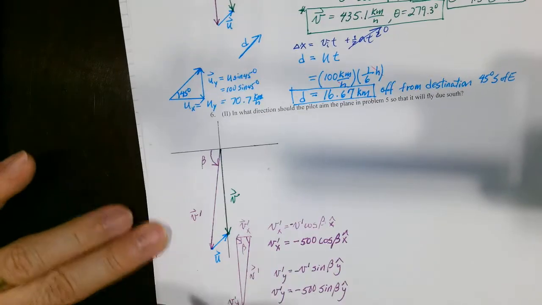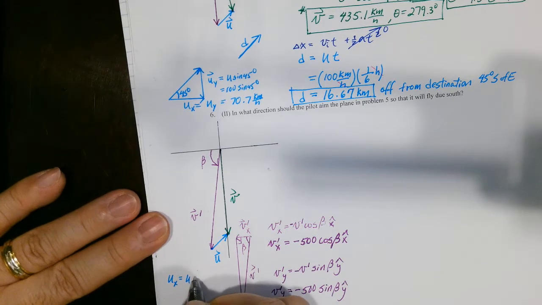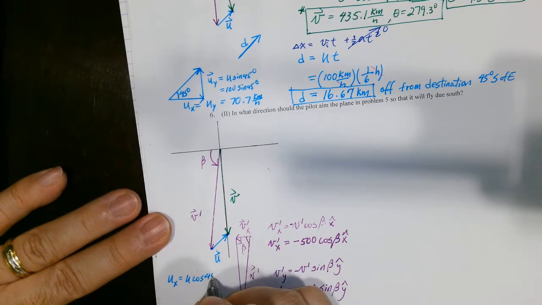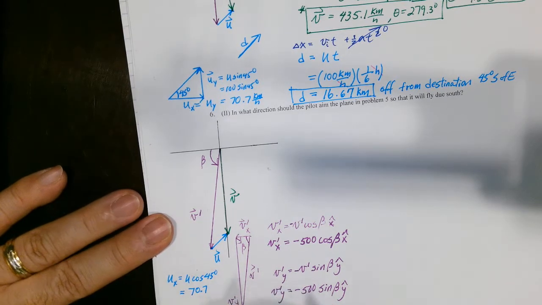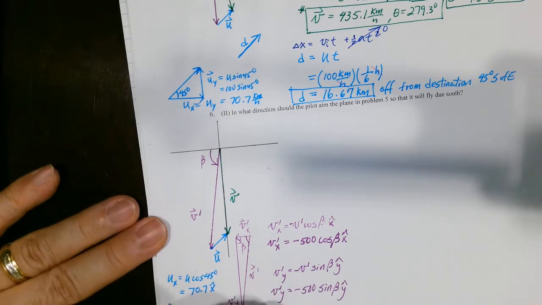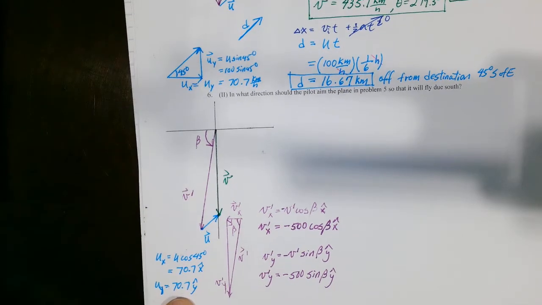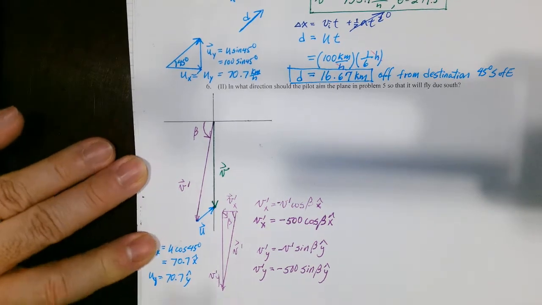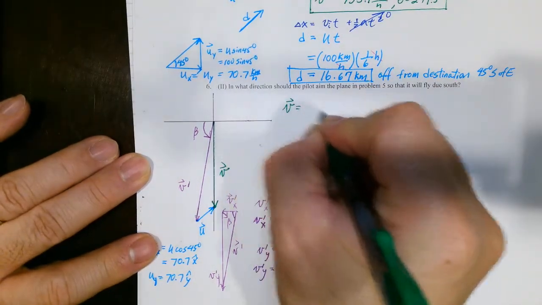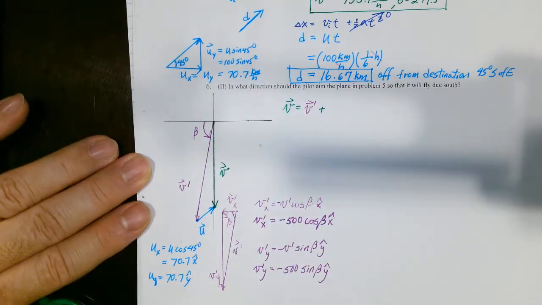Now for u, obviously it's pretty simple. Ux is equal to u times cosine of 45. And we already know that is 70.7 x hat, and uy is also 70.7 y hat. So we already know that for u. Okay? So since we already know v is equal to v prime plus u,